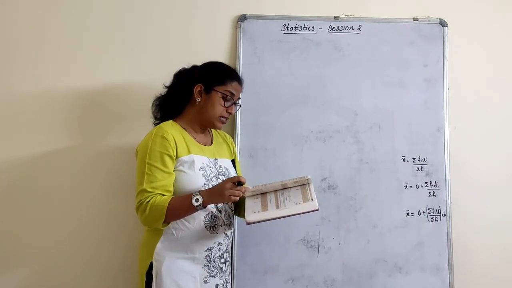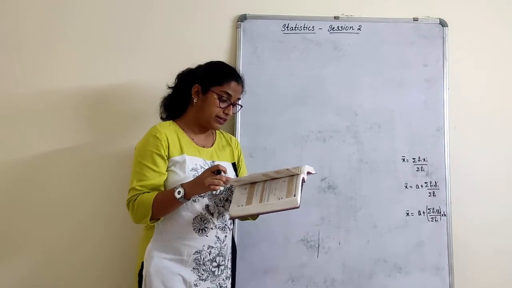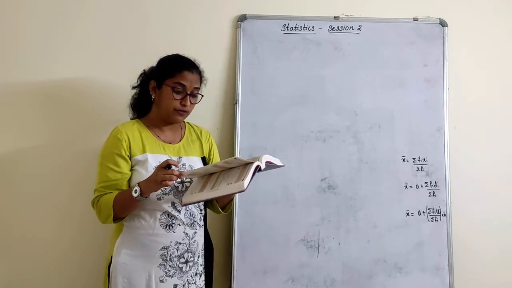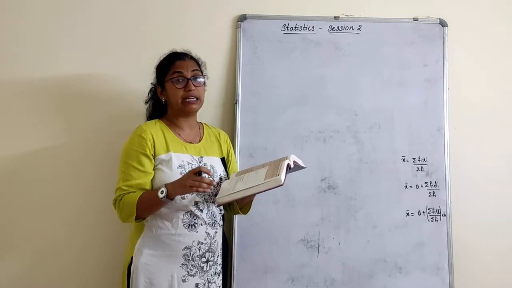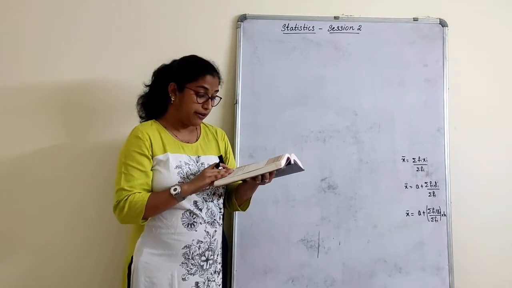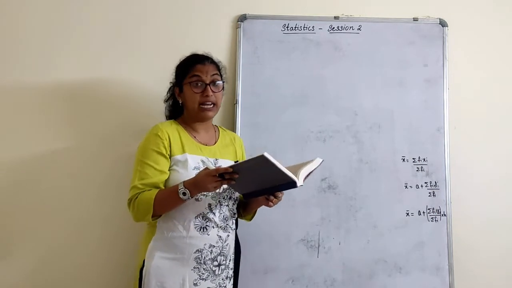The first one: a survey was conducted by a group of students as a part of their environment awareness program, in which they collected the following data regarding the number of plants in 20 houses in the locality. Total number is 20. Find the mean number of plants. Which method did you use to find the mean and why?